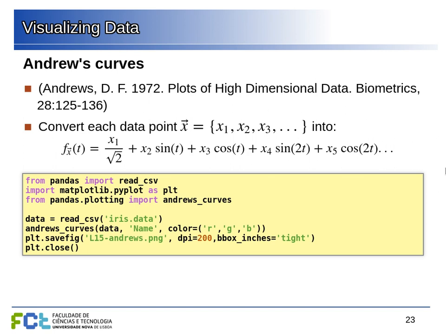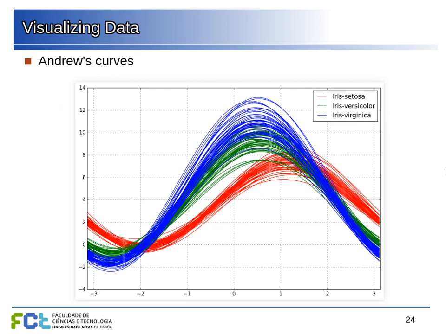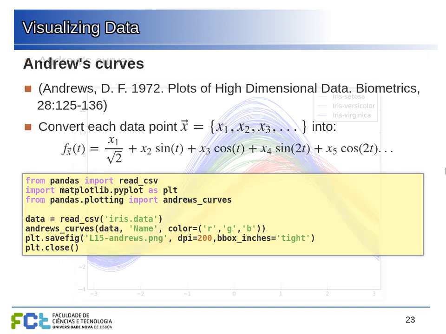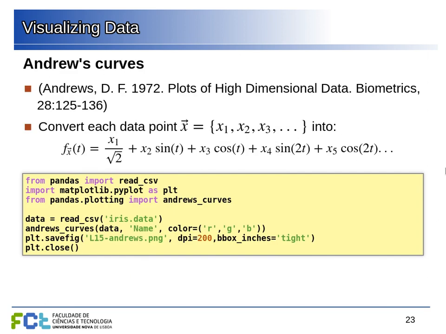So depending on the magnitude of these features, different frequencies will have higher or lower values, and we get a result something like this. So you can see here also the difference between the 3 kinds of flowers, and you see that they are different in height here, in the position of the curves. This is determined by the first feature, and then we have the different contributions of the different frequencies